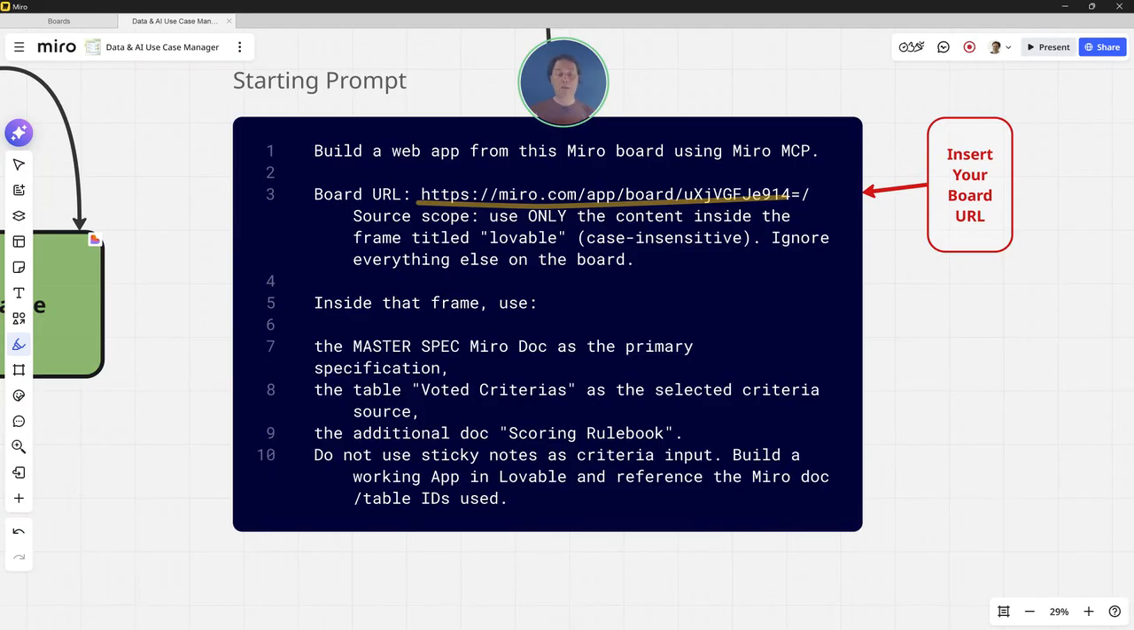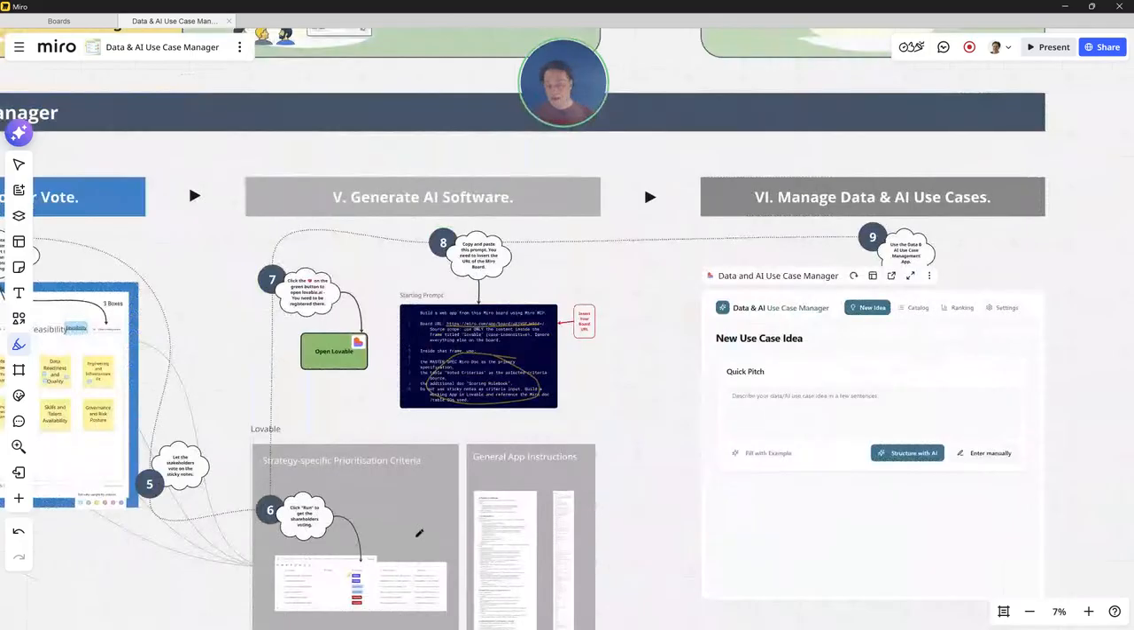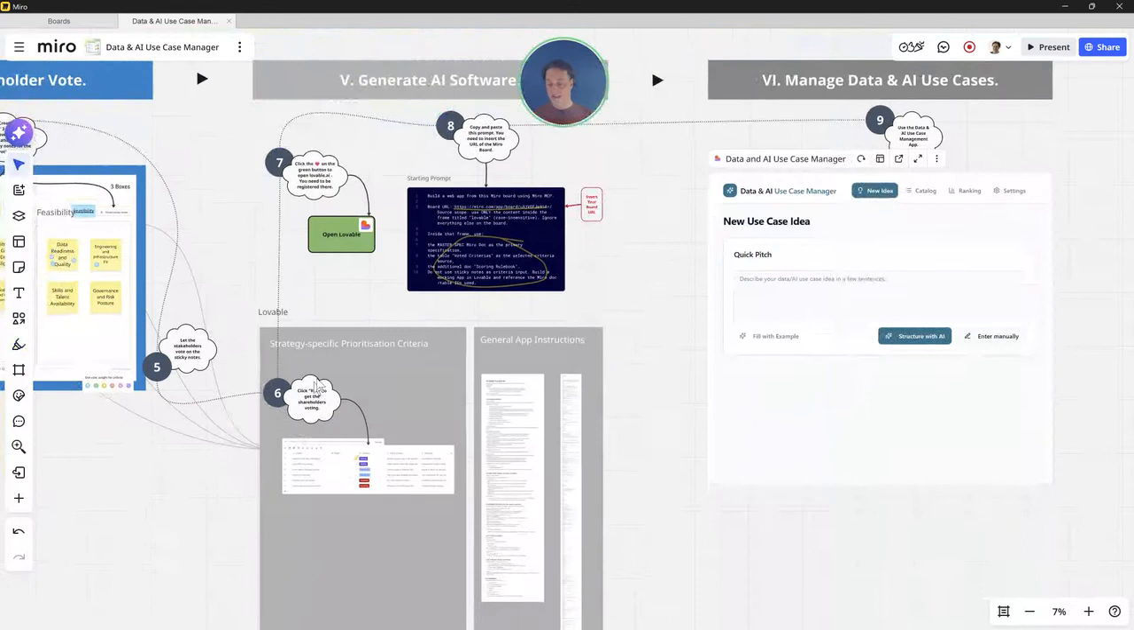But because the board also contains a lot of information like the strategy slides, which are not so important anymore because we already used them to extract OKRs and then derive prioritization criteria, we also tell the Lovable prompt not to use the whole Miro board, but just specific frames. And this is what's part of the prompt. And if you zoom out, you can see here there are different frames like Lovable, which contains the strategy-specific prioritization criteria, which are tailored to your